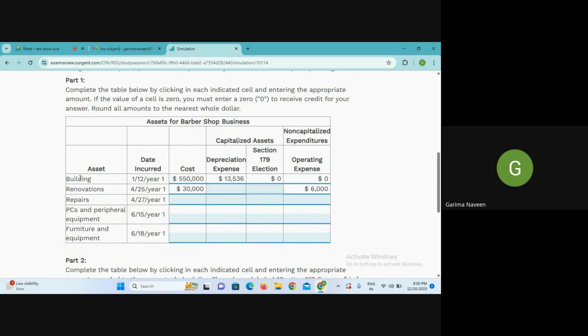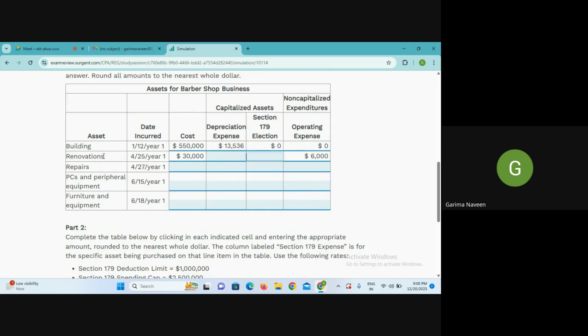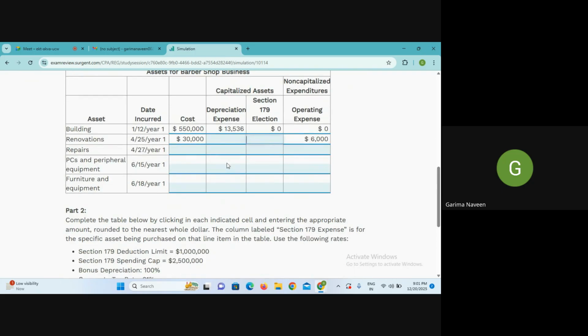But if you have real property, or if you are taking the property from a related party transaction, then 179 election cannot be taken. Sure. Actually, I'm confused. I'm not getting it. Okay. So have you got what I told you about 179 election? Yes, ma'am, but I think